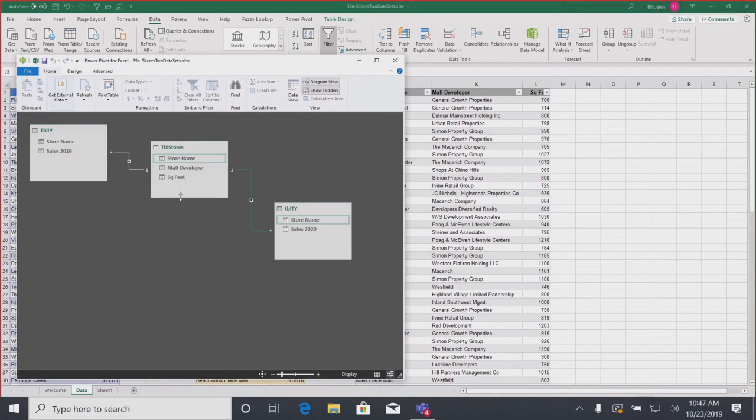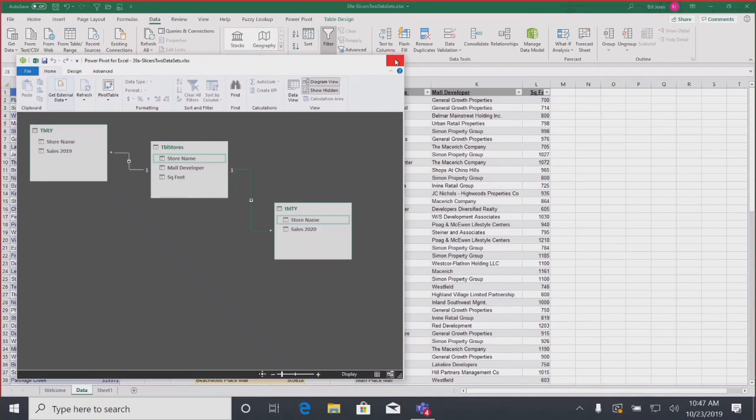It sits in the middle and it talks to both the left table, last year table, and to the right table, this year table. The whole trick here is that if I build a slicer with store name, it's going to come from this center table, the table stores, not from the one on the right, because the one on the right can't see the one on the left, and not from the one on the left, because it can't see the one on the right. The whole trick is to have this center table.